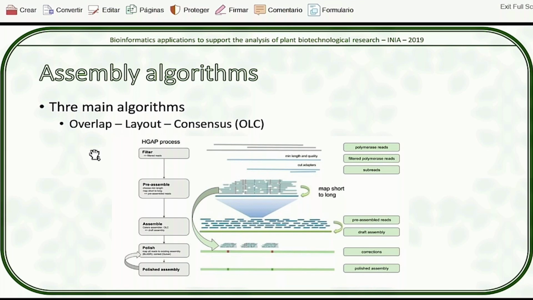But now that the longer reads have come back to bite, you have nanopores, you have PacBio, and they are becoming better and they're becoming cheaper. Now you have bigger reads, and the overlap layout consensus is becoming fashionable again. We have a good example of that with several of the assemblers for PacBio data. The HGAP process, for example, uses a modification of the overlap layout consensus, where you select first,